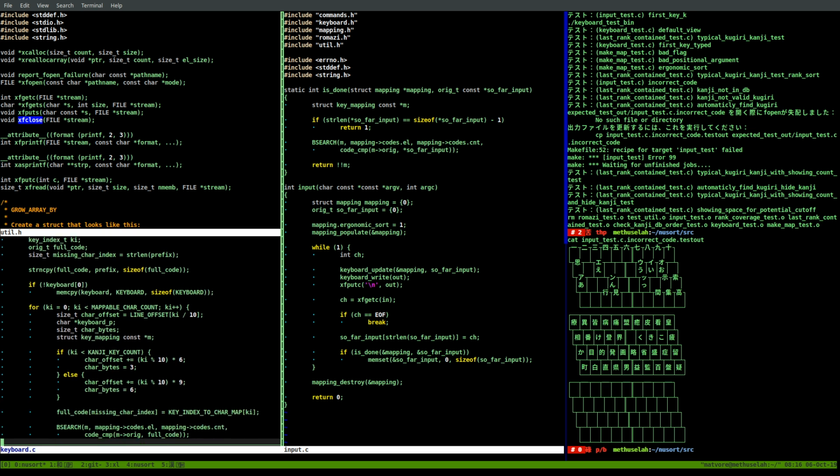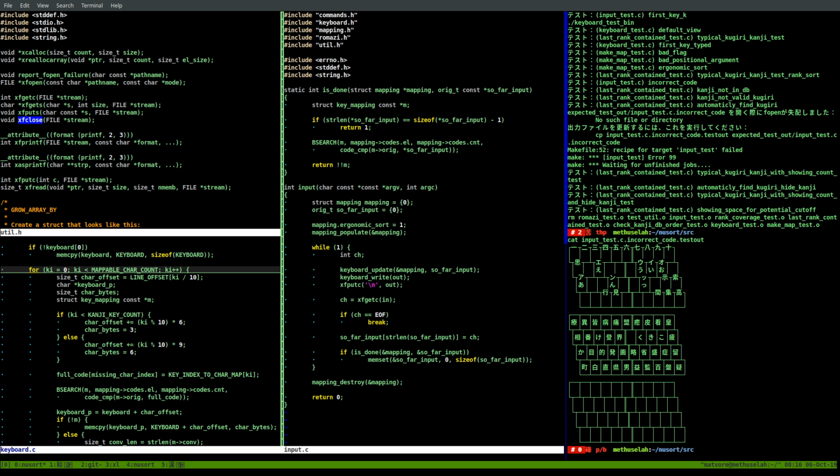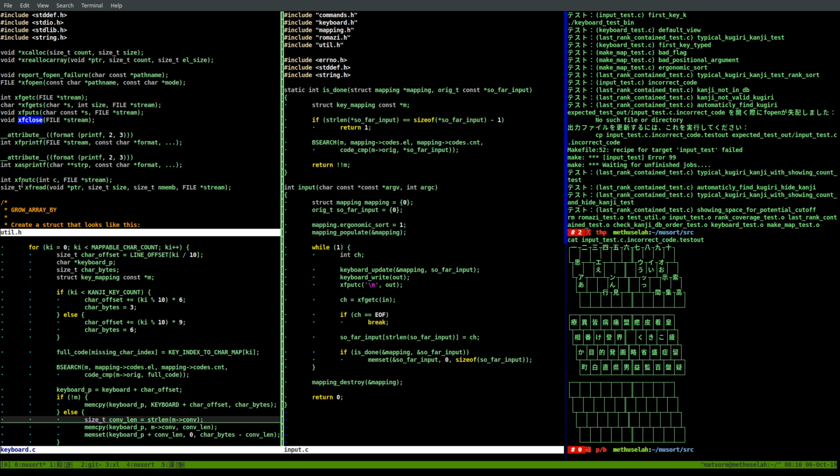Oh, I see. Because we're basically trying to see if there's anything that the user is able to have entered. So the idea is that we add a potential key after mappable char count and see if there's anything that matches when we add a new key to the input code. If nothing matches, that means we have a problem. So I think bsearch is going to have to be changed to find when something is partially matching, or when there's a place you could have put something in the keyboard, but it doesn't work. In other words,